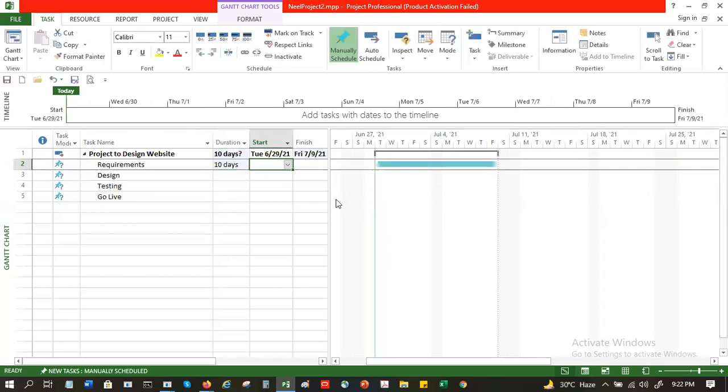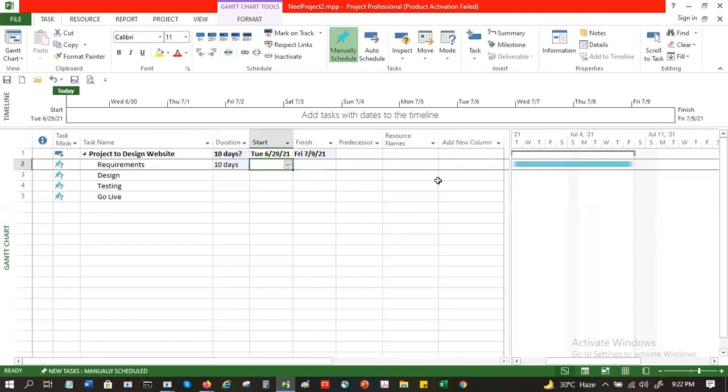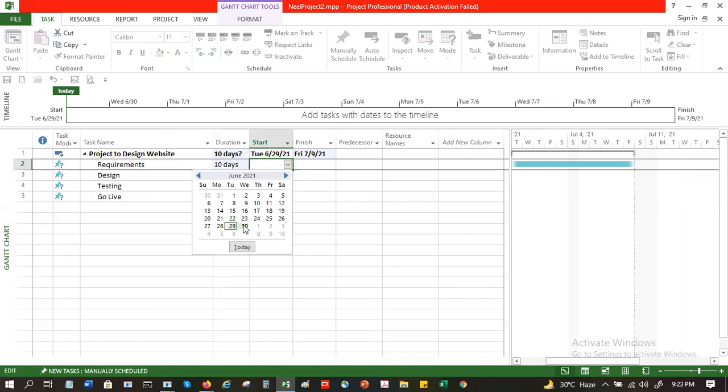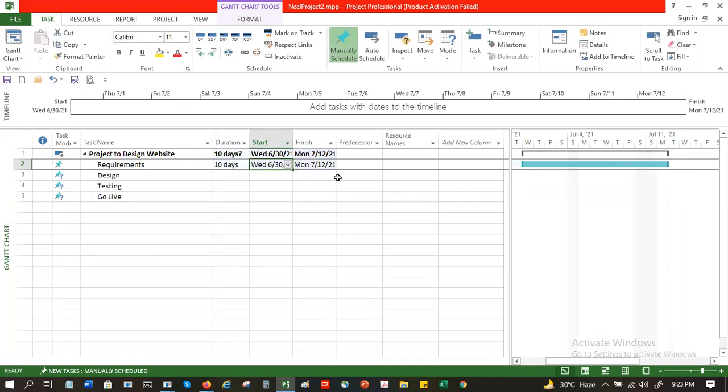I have to just put a start date, or what I can do, I can put a predecessor here, predecessor, successor. So let's say this one, I'll put a start date of 30th. So accordingly, 10 days will be calculated. And the predecessor of this one is number two.